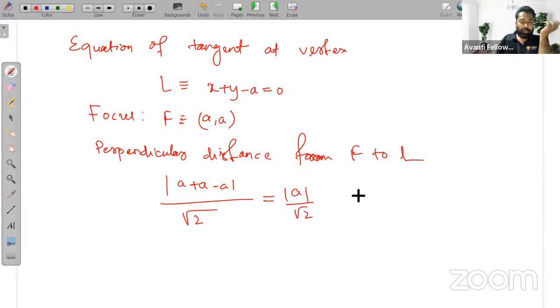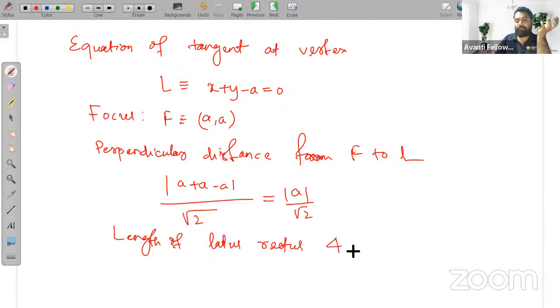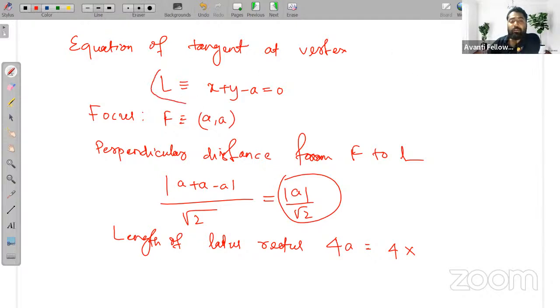So what is the length of the latus rectum here? We know the length of the latus rectum is 4a. That is, we can write this as 4 into mod of a upon root 2, because we are taking the tangent at the vertex. What is a? Tangent at the vertex means